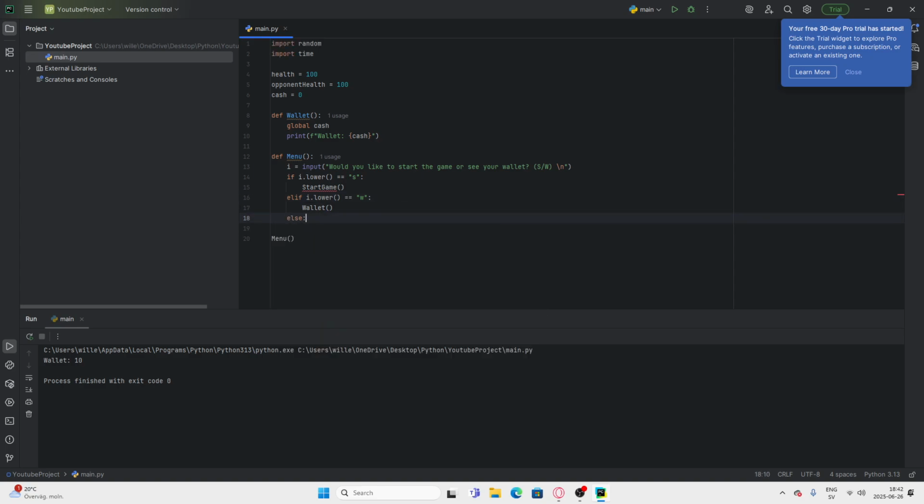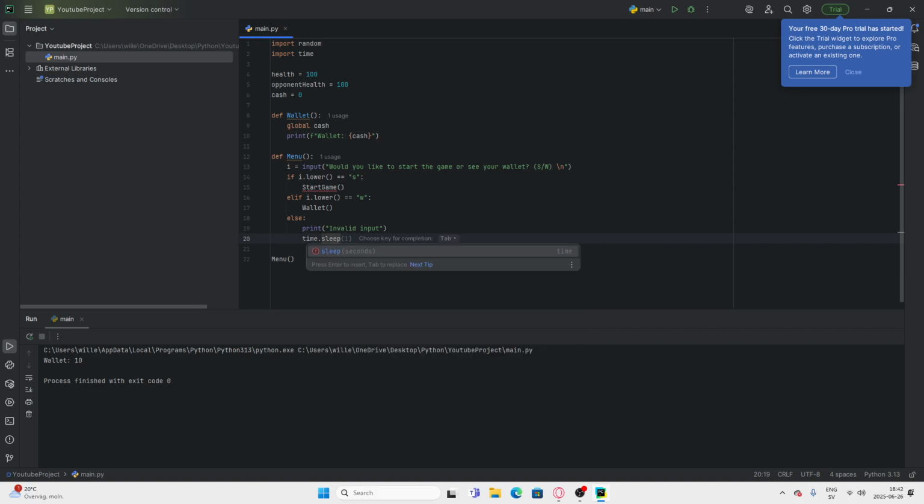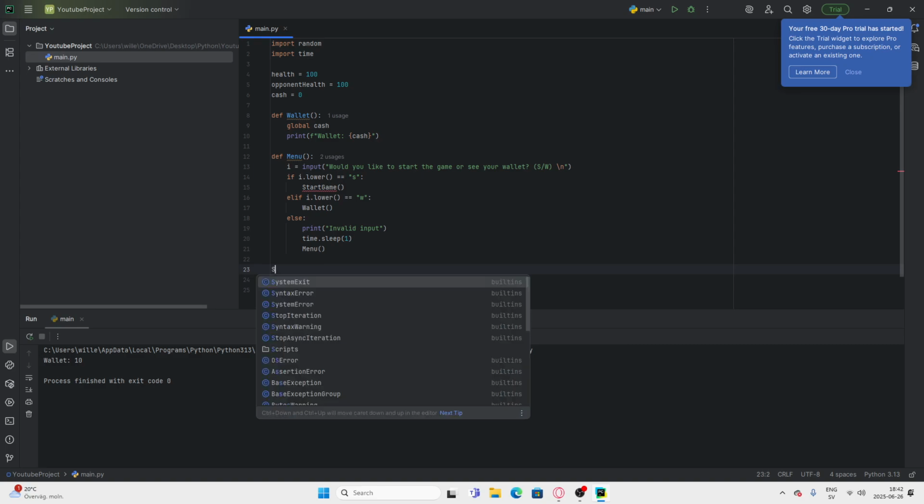I'm also gonna add else, and I'm gonna print invalid input. Basically, if someone writes anything else except S or W, it will say, oh, this is not a valid input. Now I'm gonna use time.sleep so that we get some time in between, and then I'm gonna run the menu again so that they get to answer again, like writing a choice. Now I'm gonna go over to the start game function,